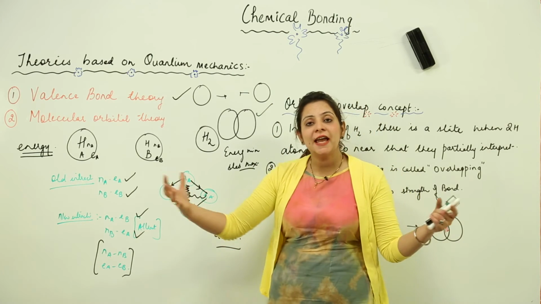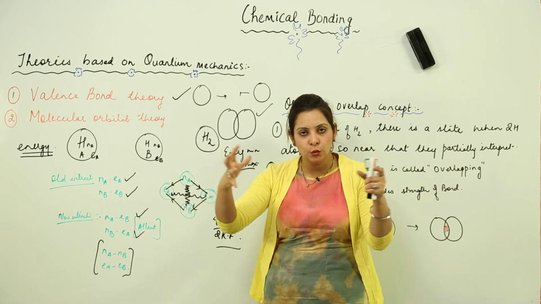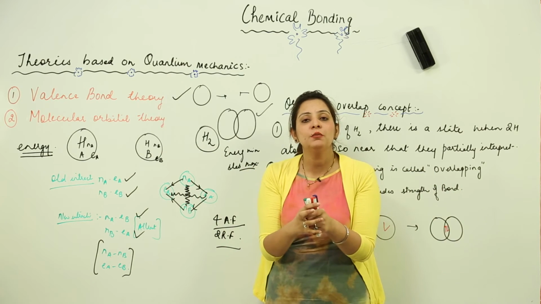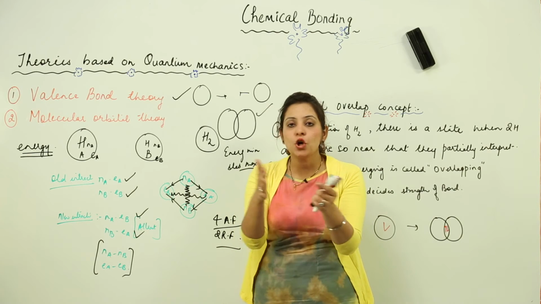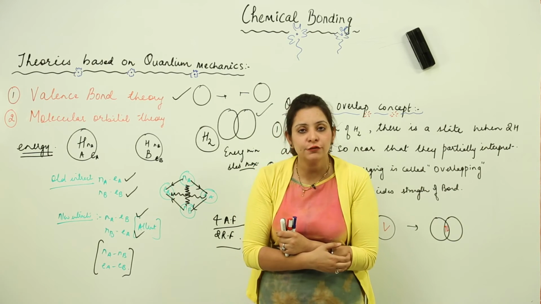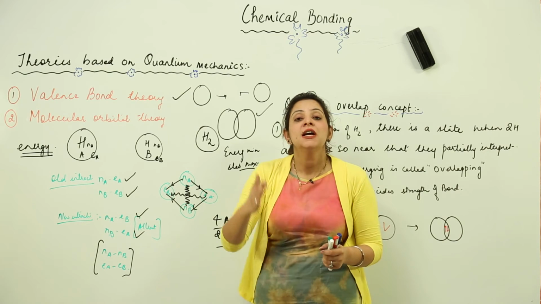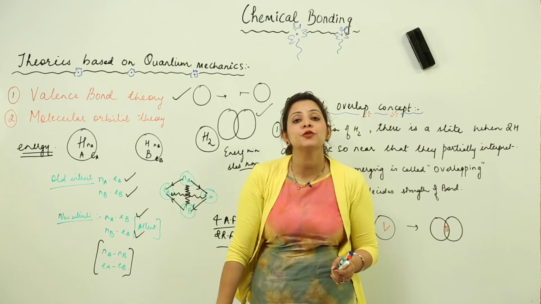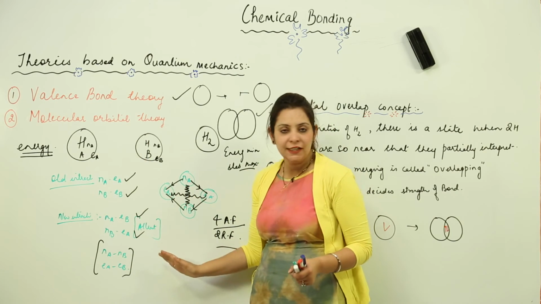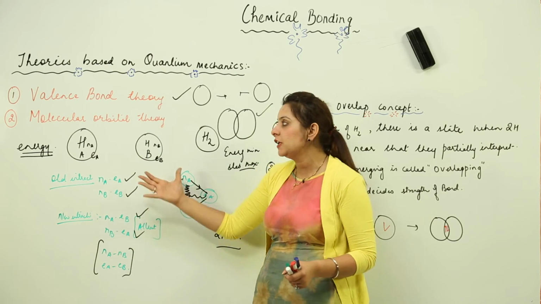That means it tends to make the hydrogen atoms come closer, and when they come closer, they stop at that distance, or you can say they stop at the state where the attractive forces are maximum, energy is minimum, and stability is maximum. That leads to the formation of the molecule. So this is the explanation of valence bond theory on the energy factor.